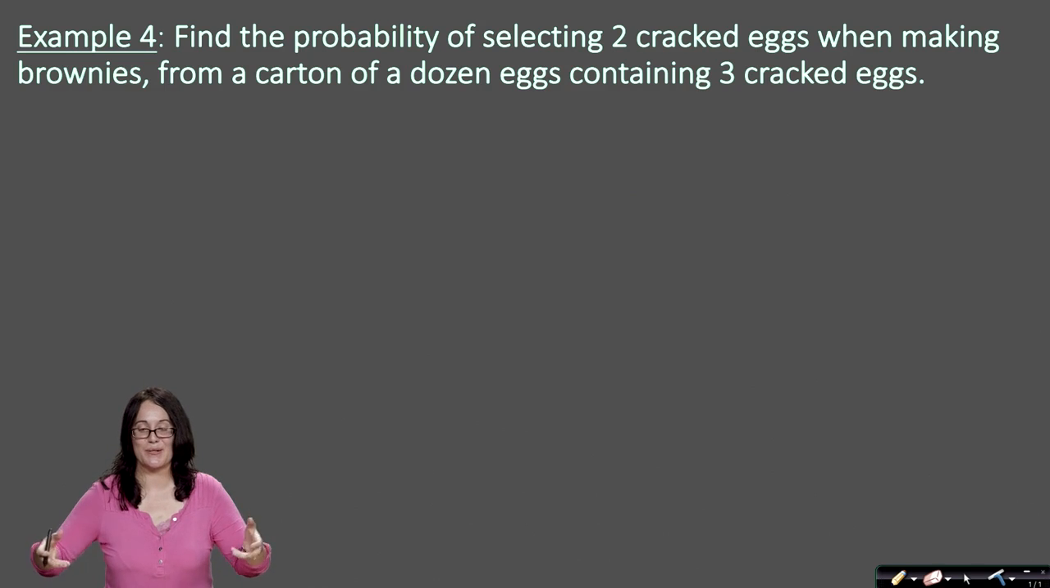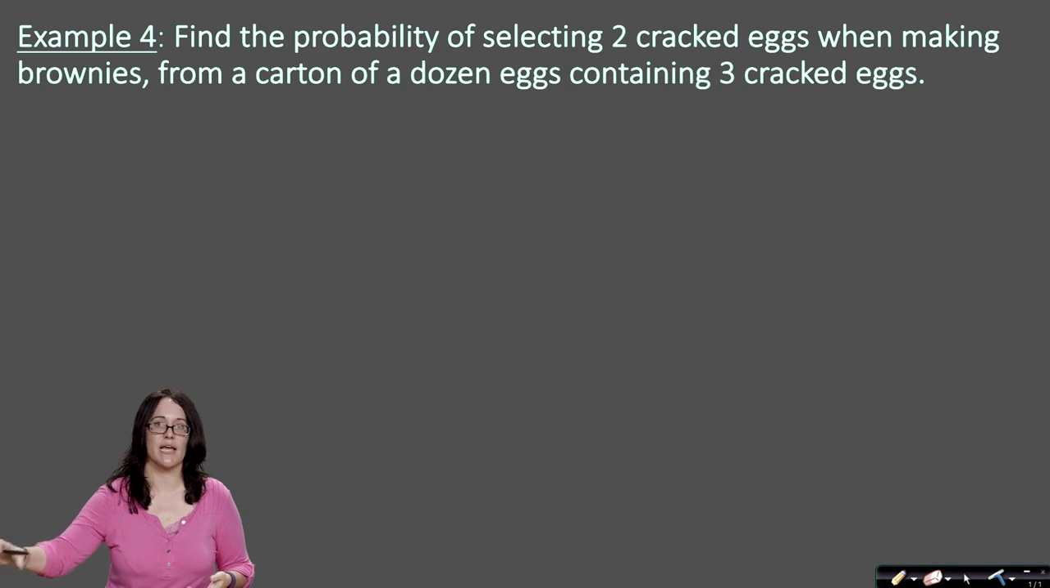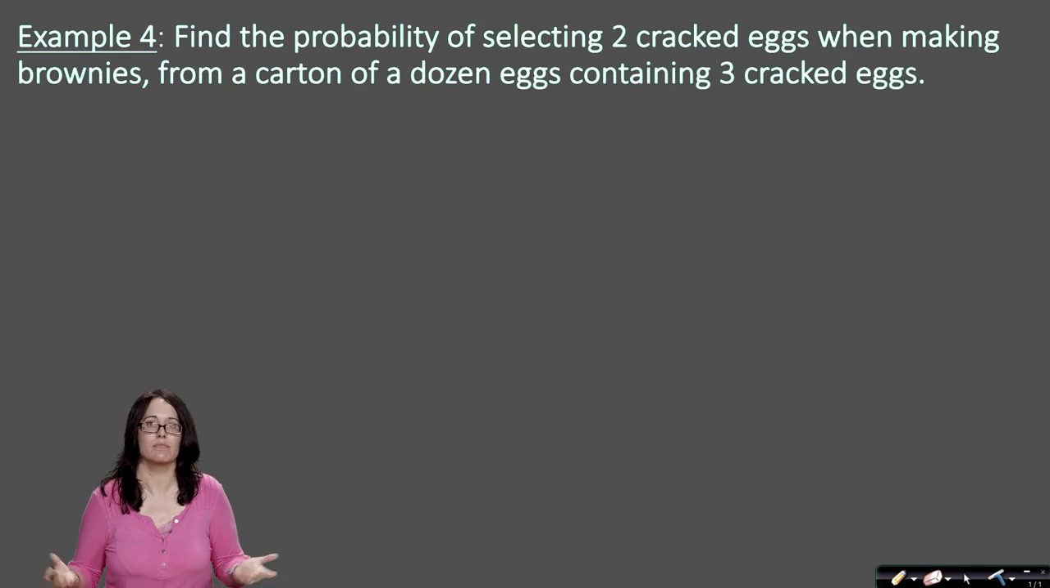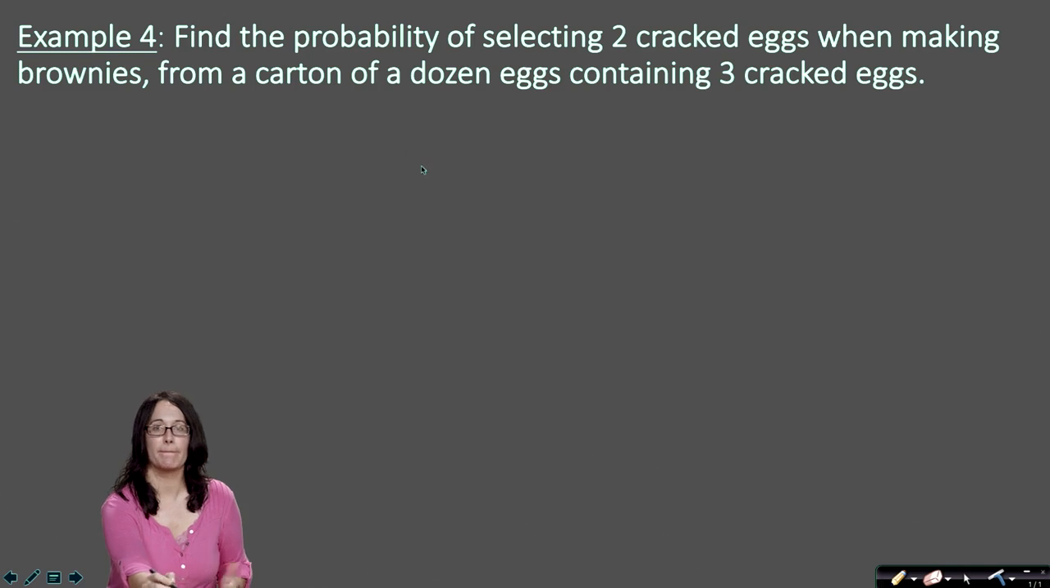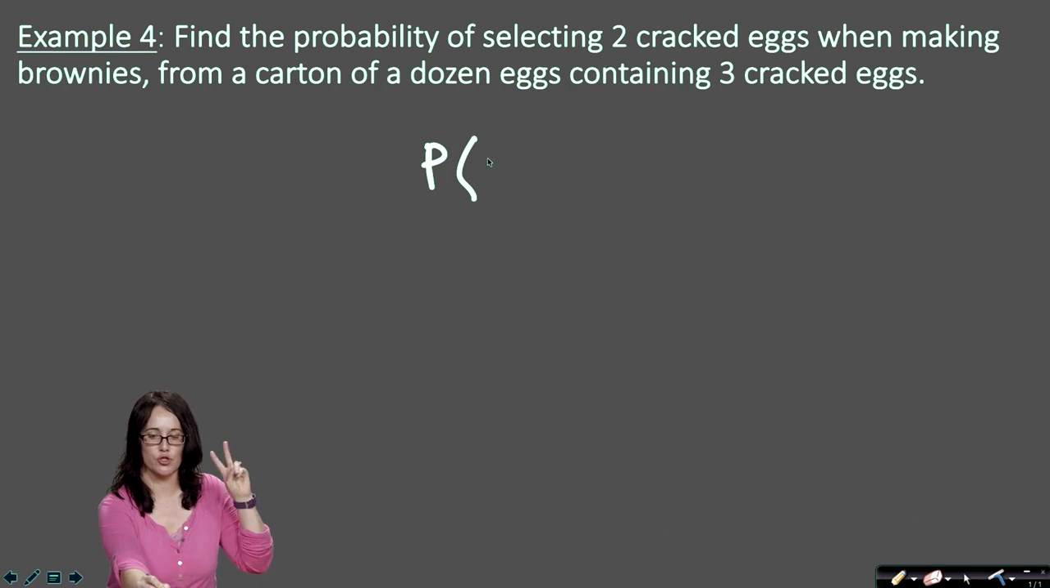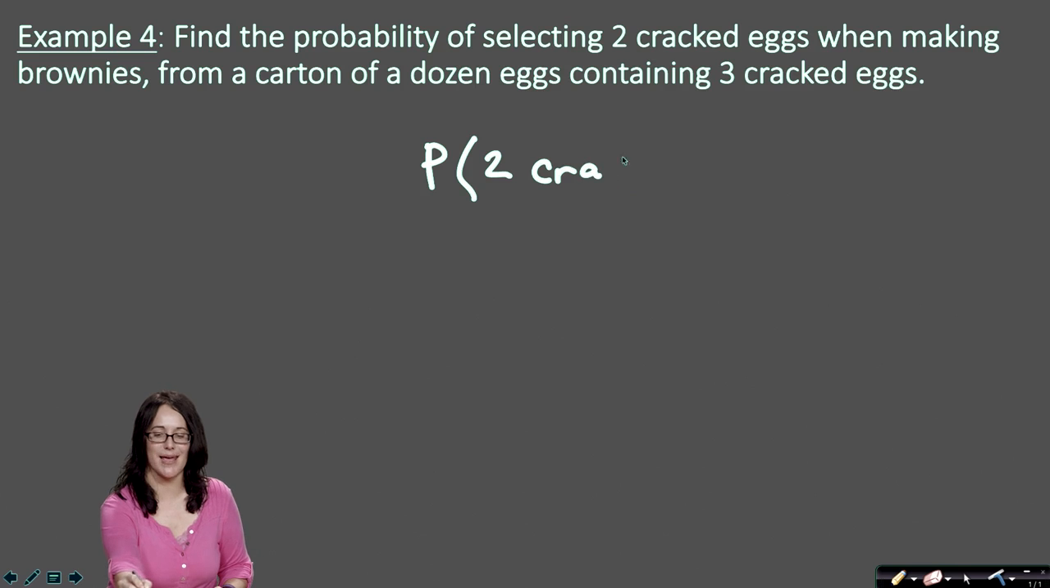So let's say you pick your carton at the store, you don't really check, you open it up to make your brownies, and the first egg you picked out, cracked. The second egg, cracked. The third egg, cracked. We're saying how likely was it that that happened? That's what the question is asking. Okay, so probability means fraction. You got it. So the probability that I select 2 cracked eggs